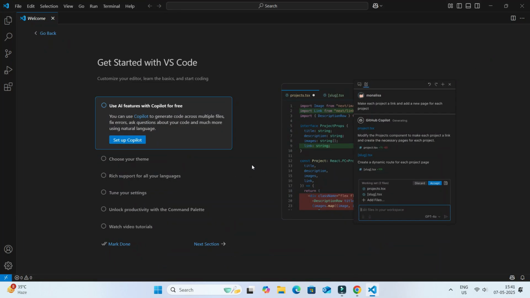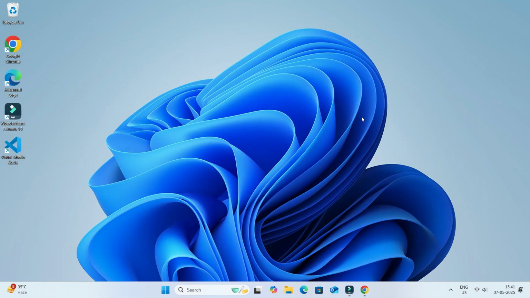So I open it, and guys what you have to do here is simply close Visual Studio Code. So guys, I close Visual Studio Code, and I am giving you the reason why: after installing Visual Studio Code I installed Node.js, because I have done all the process for the first time. Due to that you have to first close all of the files, whatever you have opened in Visual Studio Code or Node.js, and after that again open Visual Studio Code to make it configure with Node.js. So guys, again I am going to open Visual Studio Code.